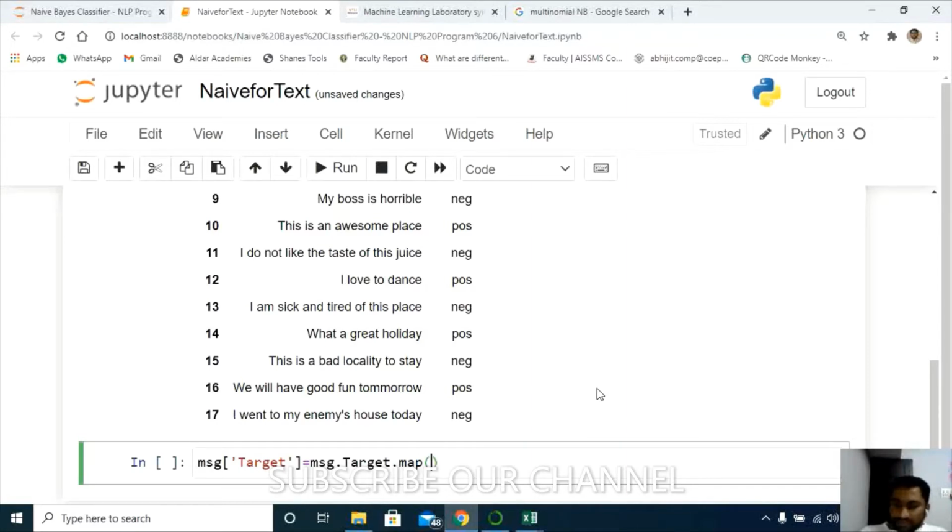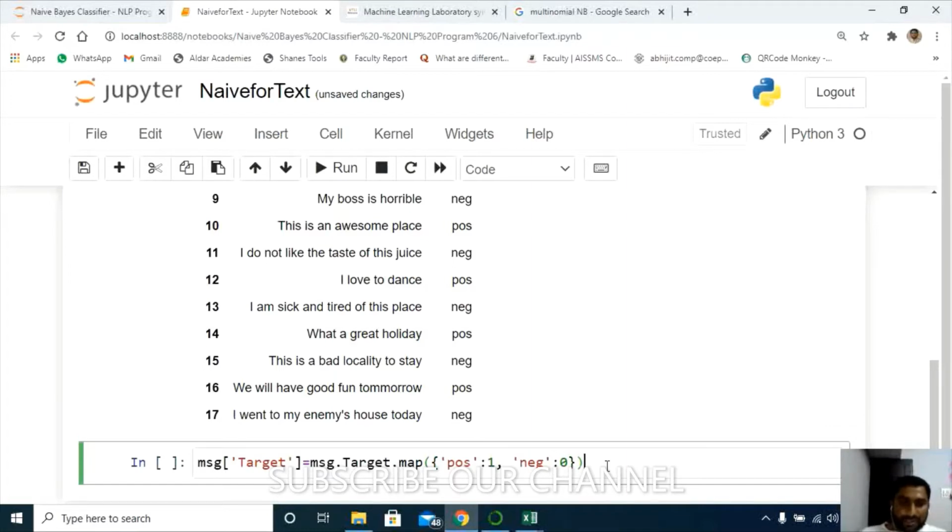Here I'll use the dictionary technique. Inside this I'll call my POS, which obviously stands for positive. I'm going to replace that with the value 1. POS is going to be your key, and the value for that key is 1. In the same way I need to do it for the other value, that is negative. I'm going to replace negative with 0. So negative is going to be the key, and 0 is going to be your value here.